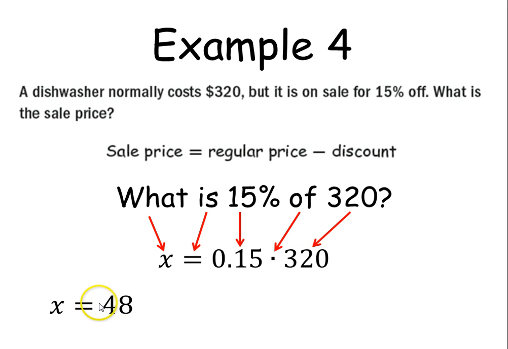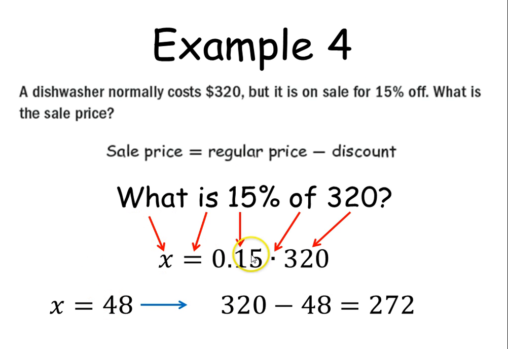What this number means is that's how much the discount is, because 48 is 15% of 320, and that's how much the discount is. So we're taking that $48 off of the 320, because $48 is 15% of 320. So this is not our answer. What we have to do with this then is